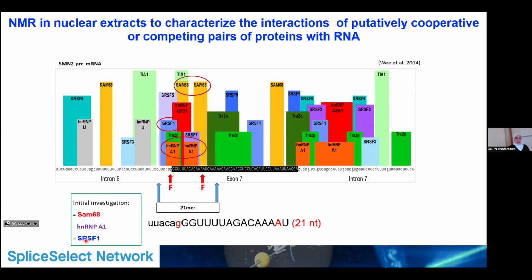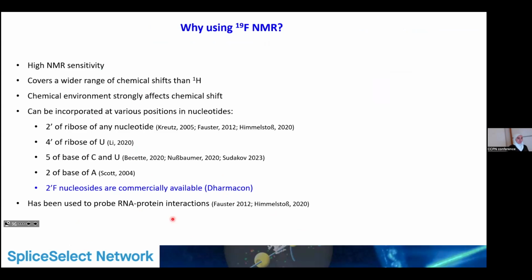To do so, we decided to label the RNA in different positions using fluorine. Why using fluorine instead of 13C or 15N or proton? This is what people usually use, because fluorine has a high NMR sensitivity. It covers a wider range of chemical shifts than proton. The chemical environment strongly affects its chemical shifts, and it can be incorporated in many positions on the base and